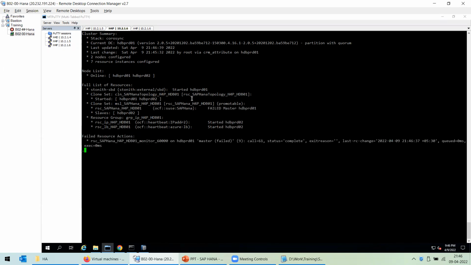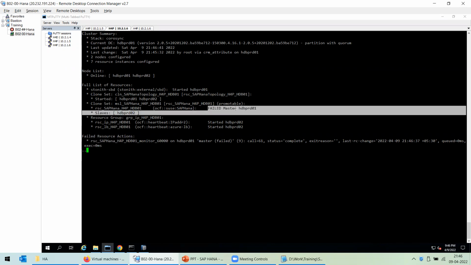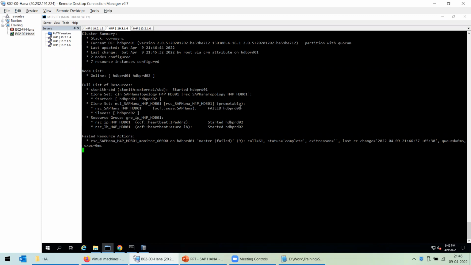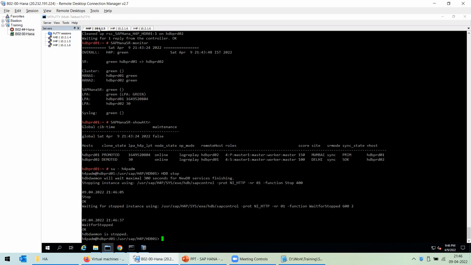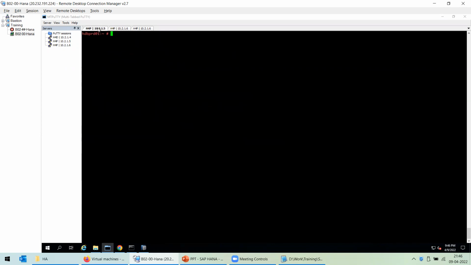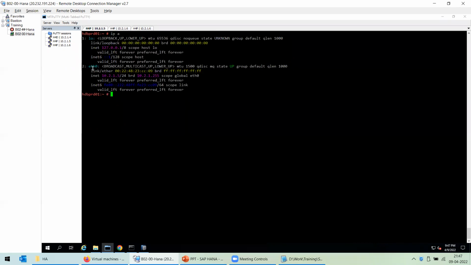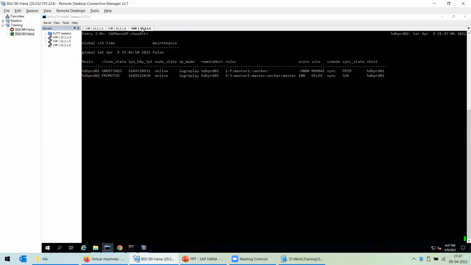Okay, can you see? The master has failed. The master server has failed. Now the IP address has started on the secondary node. The IP has started on the secondary node. So how can we identify? If I go on this first node and run this command, ip a, this is my eth0, and you can see my IP address over here. This is my IP address 10.2.1.5. If I come to my secondary node,